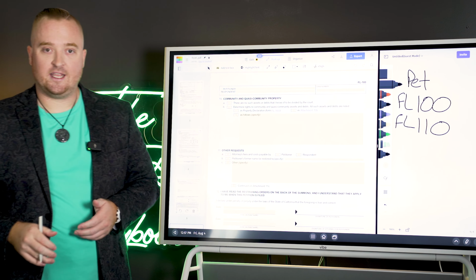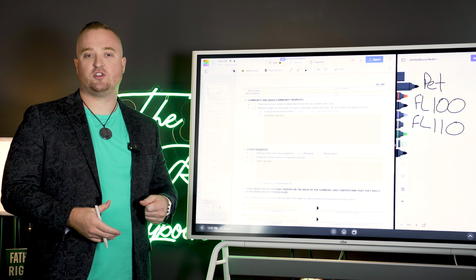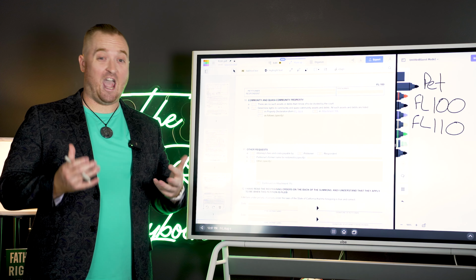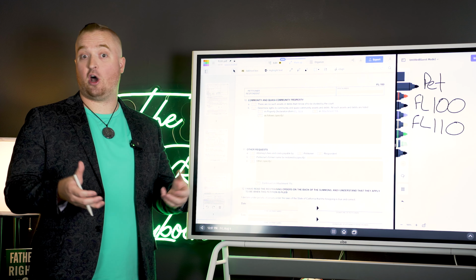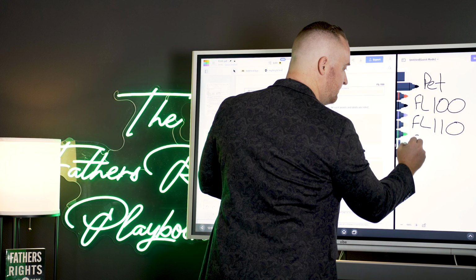The FL110, which is going to be your summons. This is going to give a little bit of information, and it's also going to list off what we refer to as the ATROs in the state of California, the Automatic Temporary Restraining Order. And then if you have a child,